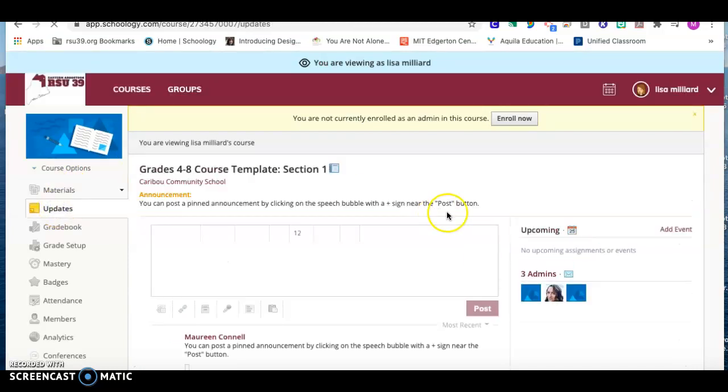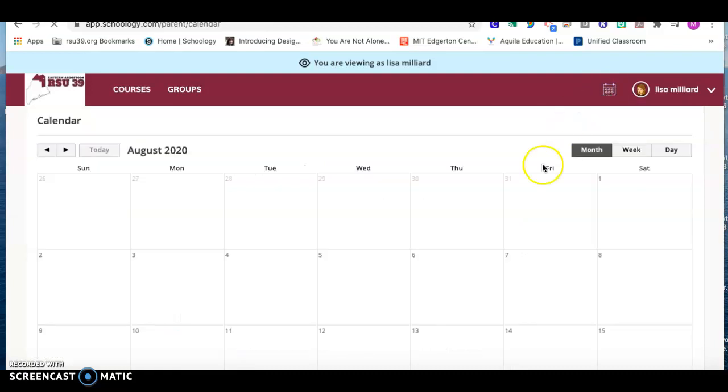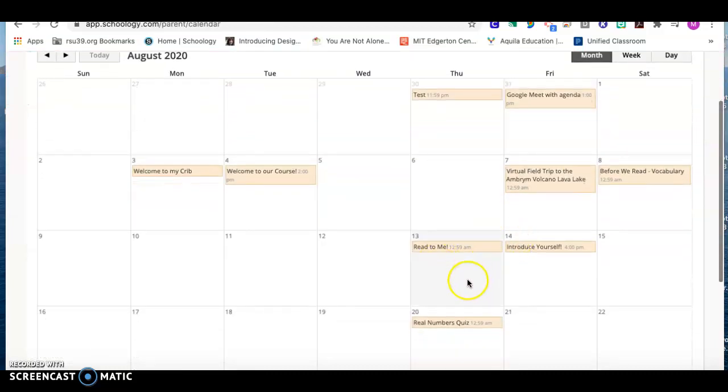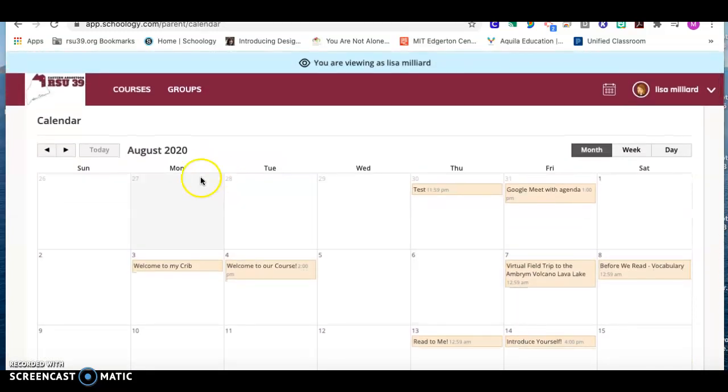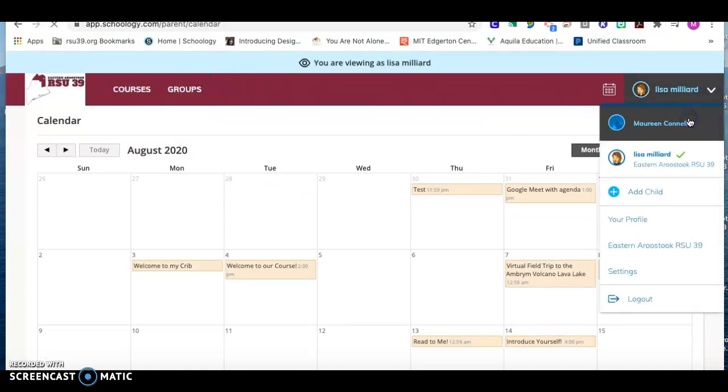Back in updates, I can see if they have any assignments coming up in this upcoming section. I can look at their calendar to see if they have any specific events or things coming up. And then if I want to go back to my own profile,